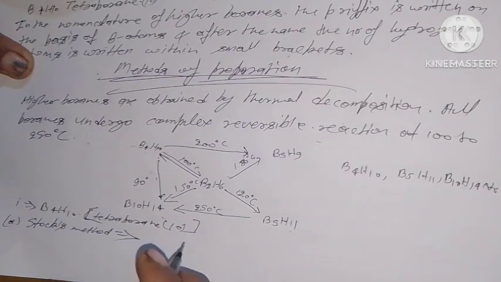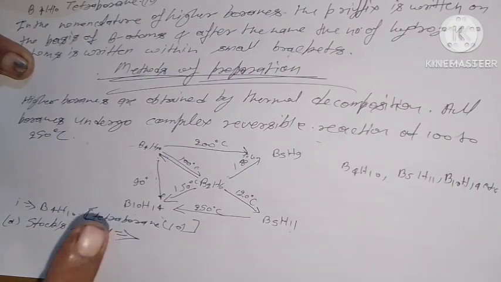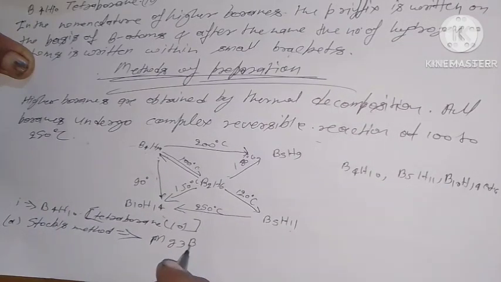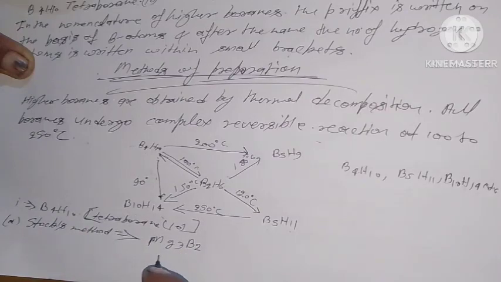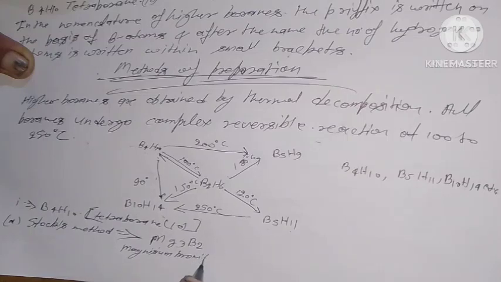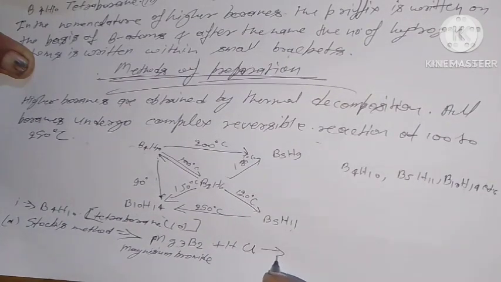When magnesium boride is treated with dilute acid, a mixture of boranes is obtained, and the chief constituent in the mixture is B4H10. Mg3B2, magnesium boride, plus HCl,